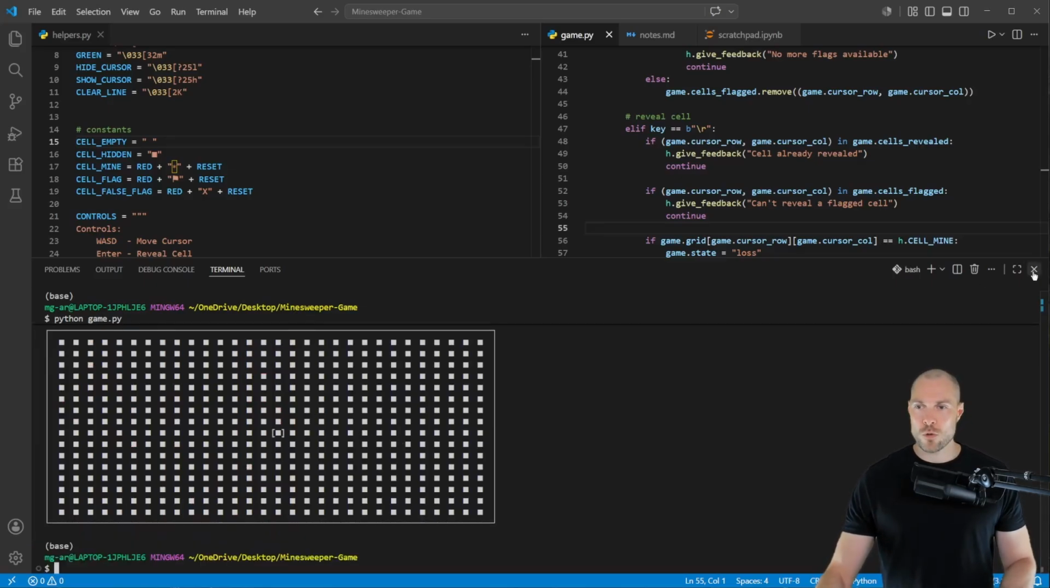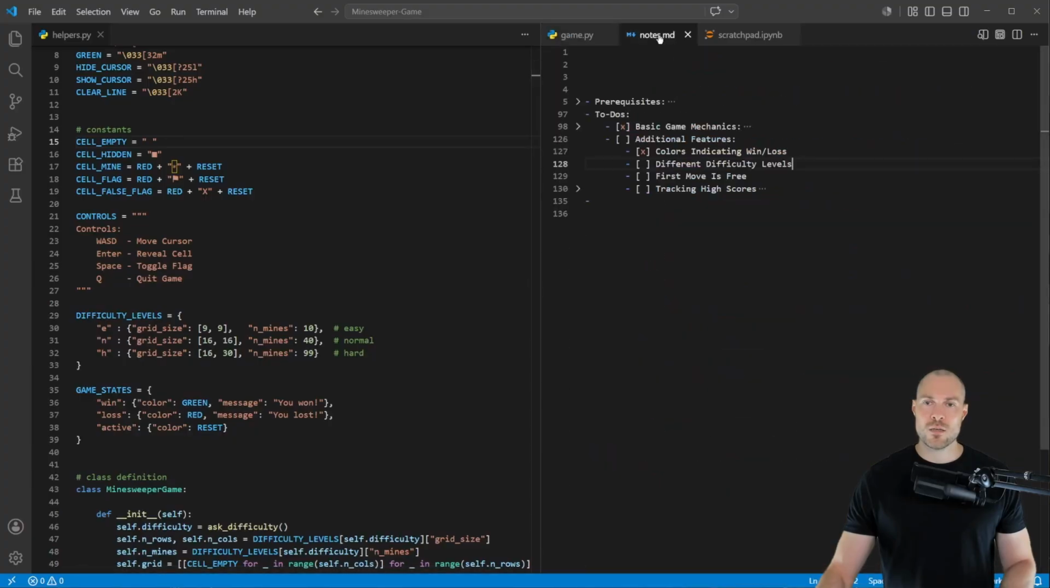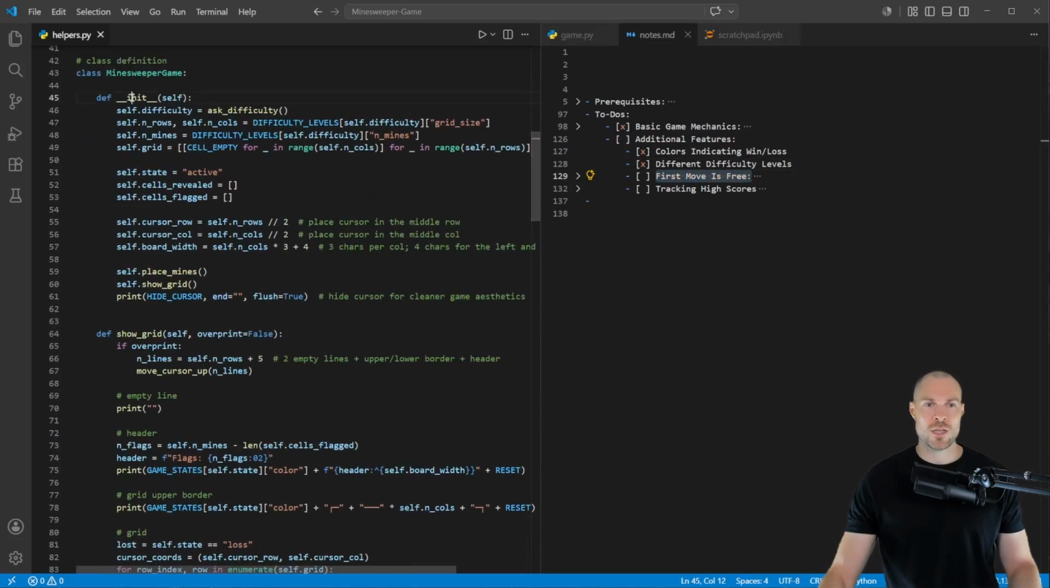So our code is working. And therefore we can check off the next point in our to-do list. The next to-do is to ensure that the first move is free. So currently, in our init method, we are already calling our place mines method. That means we are placing the mines before the player makes the first move. So with the first move, the player can already hit a mine and then the game would already